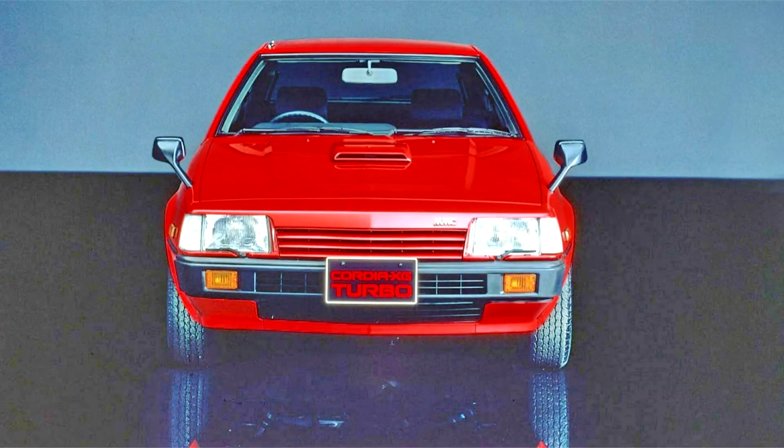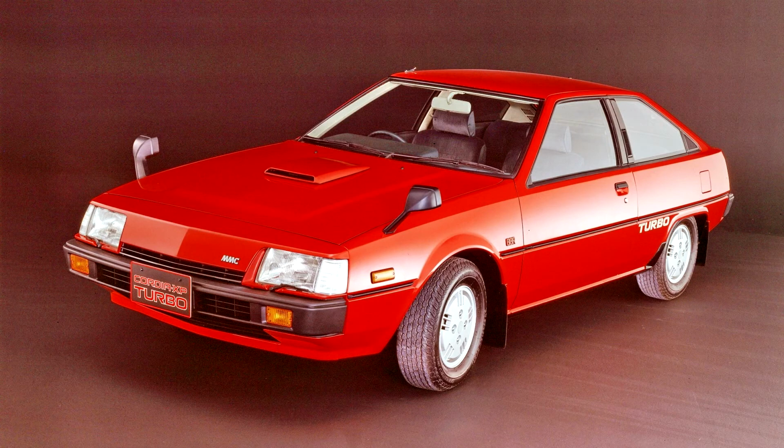Mitsubishi Cordia. The Mitsubishi Cordia is a compact hatchback coupe manufactured by Mitsubishi Motors between 1982 and 1990. Alongside the Tredia and Starion, the Cordia is one of the first cars imported and sold in the United States by Mitsubishi without the help of Chrysler Corporation, which owned a stake in Mitsubishi and sold its models as captive